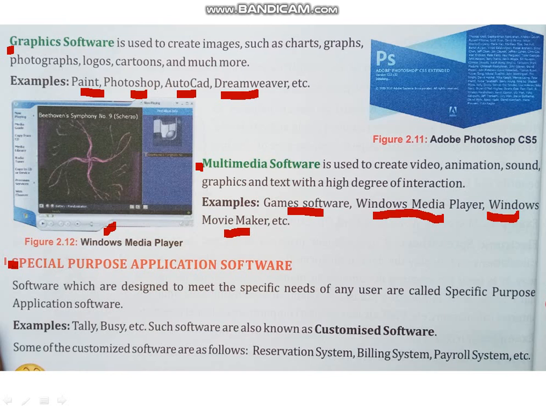So students, that's all about the general purpose application software. Now we talk about the special purpose application software. Special purpose, as you know, just now I talked that whenever you want to perform your general tasks like creating presentations, performing calculations, creating documents, letters, newspapers, magazines, books, presenting learning materials, etc., for that you can use general purpose